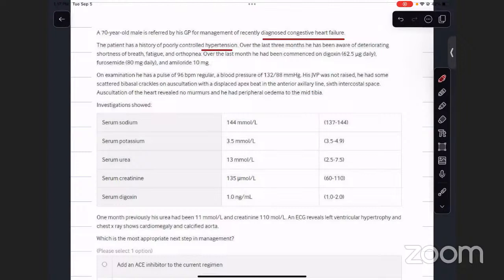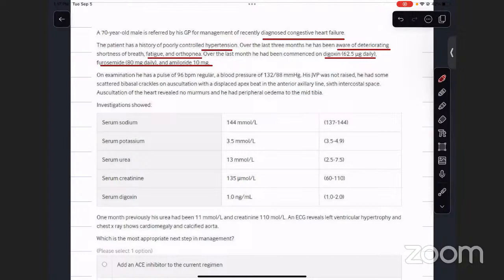So there's progressive decline of cardiac output present with dyspnea, orthopnea, and fatigue. Over the last month, he has been on digoxin 62.5 microgram daily, and furosemide and amiloride, diuretics and potassium sparing diuretics. Okay, on examination he has a pulse of 96 and blood pressure 130/80, JVP is not raised, and